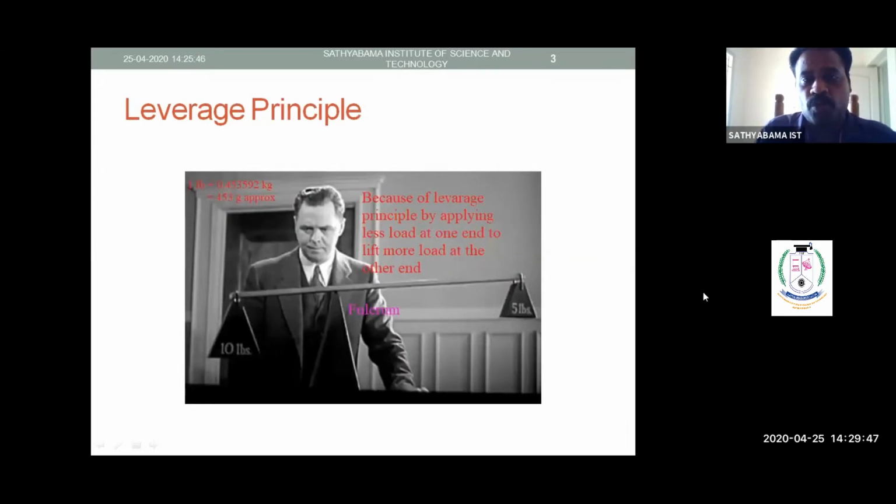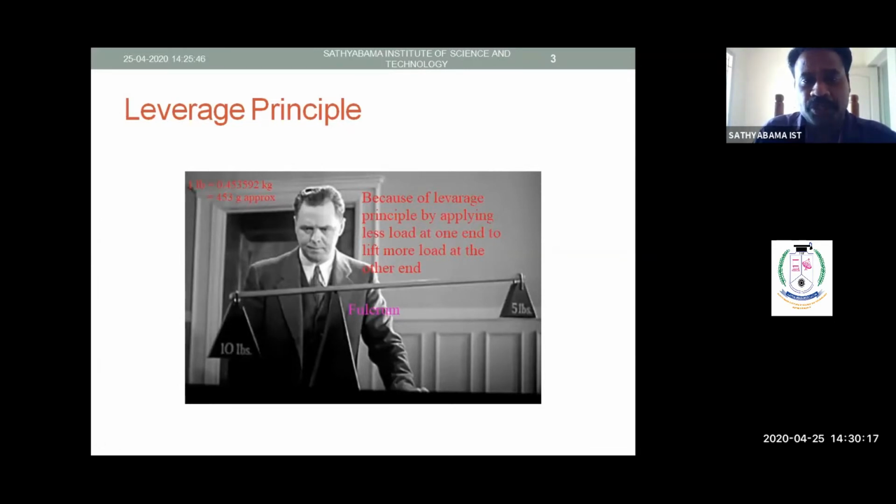Right. So what you can interpret from this, you just see the unit, actually it is LBS, it is the unit of mass. Actually 1 lb is 453 grams. What he is trying, he is applying a leverage principle. He wants to lift that 10 lbs load using this lever and fulcrum principle, for which he is using only 5 lbs. How is it possible?